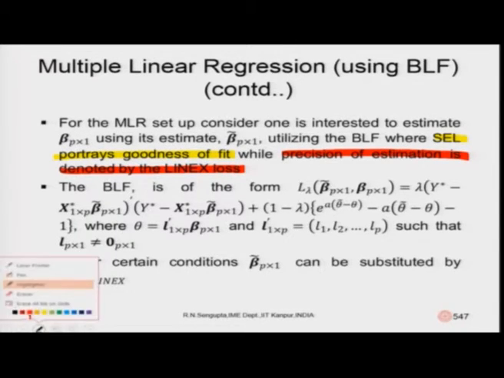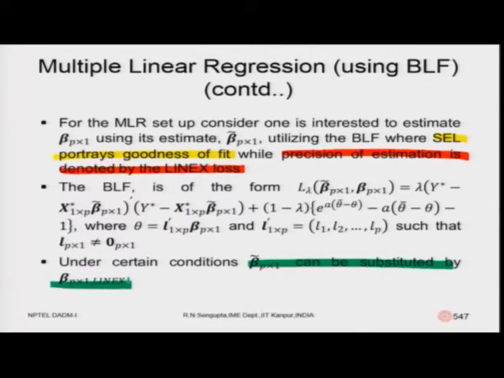The main difference, which I should have highlighted in the last diagram, I will highlight with the green color: beta tilde is being substituted by beta from the Linex loss estimate. So, just watch the colors: squared errors for the goodness of fit, Linex loss for precision of estimation, and the beta tilde which will be utilized would basically be coming from the Linex loss background.